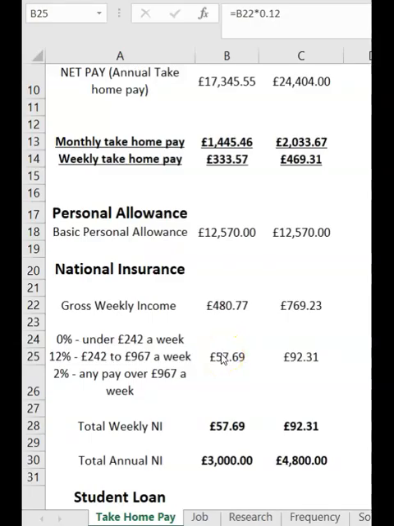When it comes to calculating the repayments, if we look here, the salary weekly is more than £242, but it's within this bracket, so we know that it is going to be at 12%. All I've done is press equals, and we must always click on equals at the start. I've clicked on B22, which is this figure here, and multiplied that by 0.12, which will work out 12%. So I know that £57.69 is my weekly